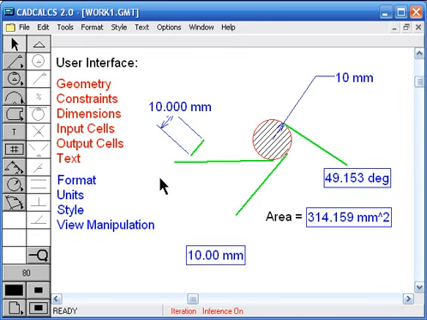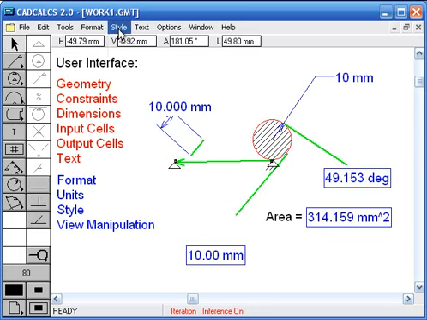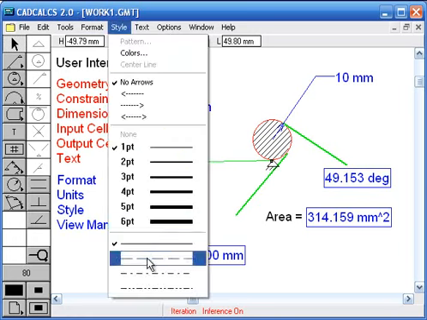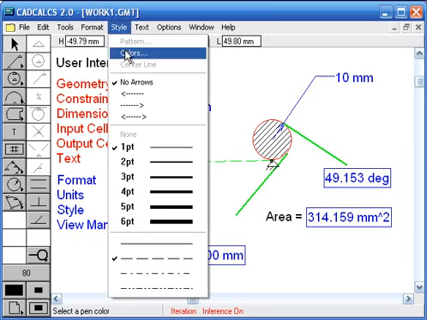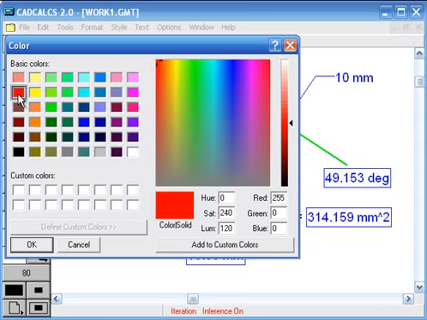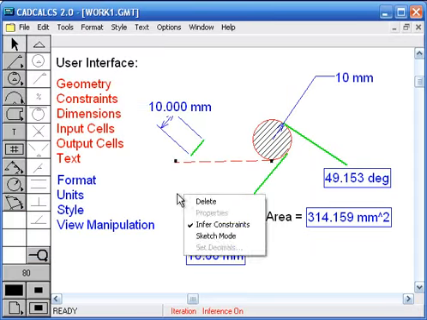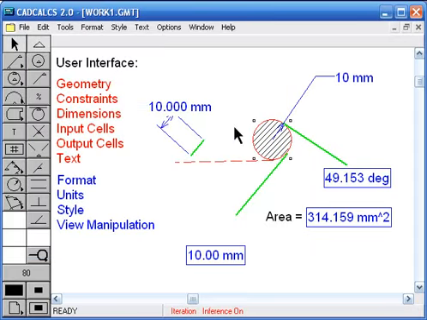And then you can also have control on the style of an entity. For example, you can select the entity and you can say that this is a 1 point line or a dash line, and you can also allocate a color that you choose. And then these cross hatches